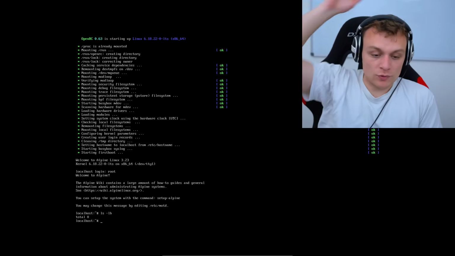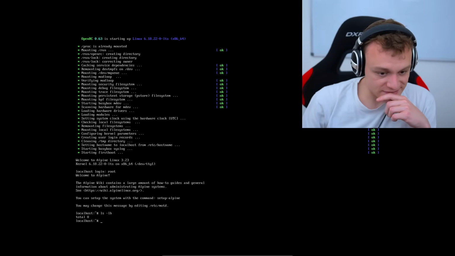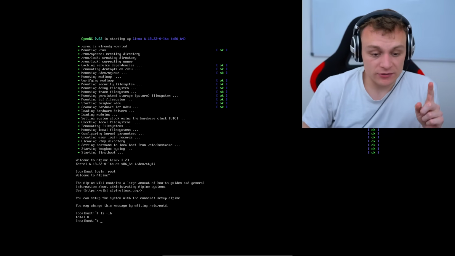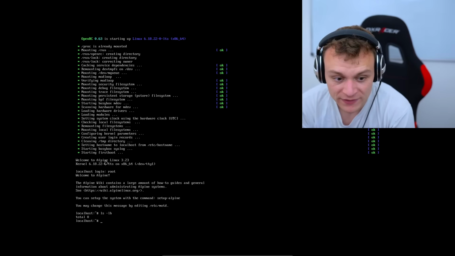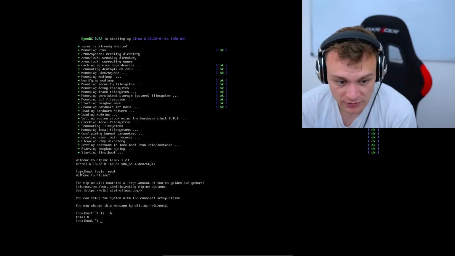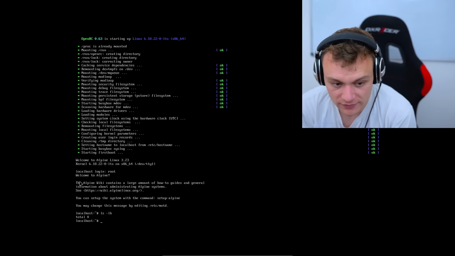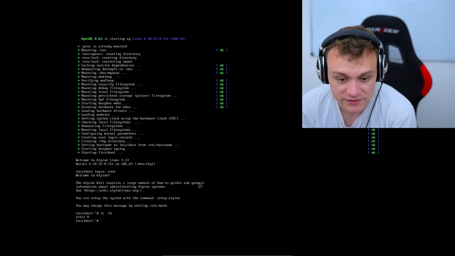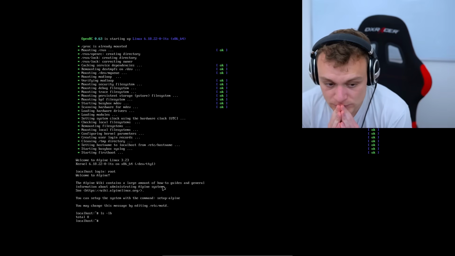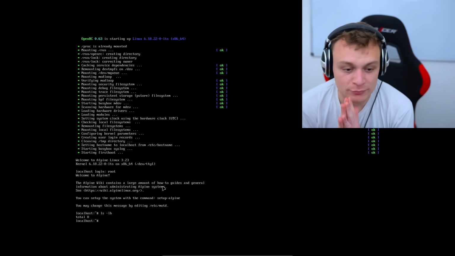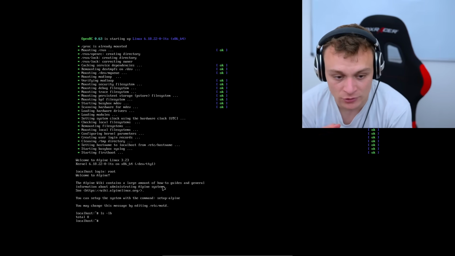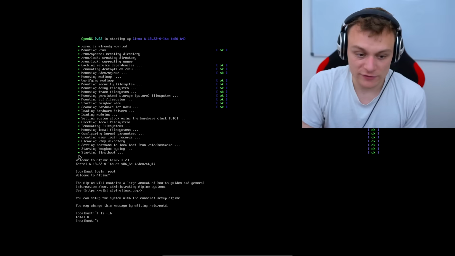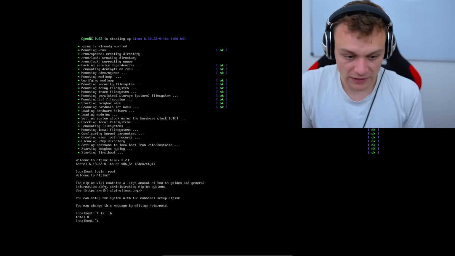Anyways, so what's going on here is, wait, there's a start message here. Welcome to Alpine. It's right there. Welcome to Alpine, kernel blah blah blah. The Alpine wiki contains a large amount of how-to guides and general information about administering Alpine systems. This is a start message, and maybe if we are able to modify this message, then that's already a small success. So if I search for the Alpine wiki contains,